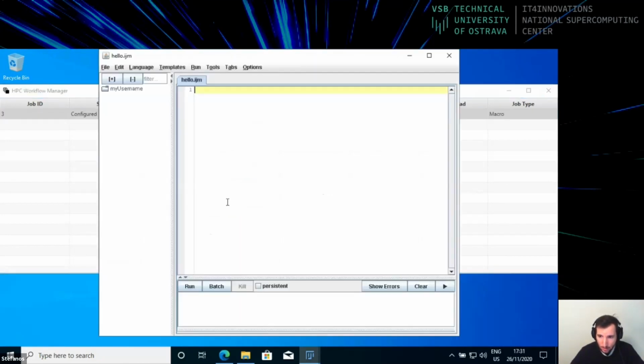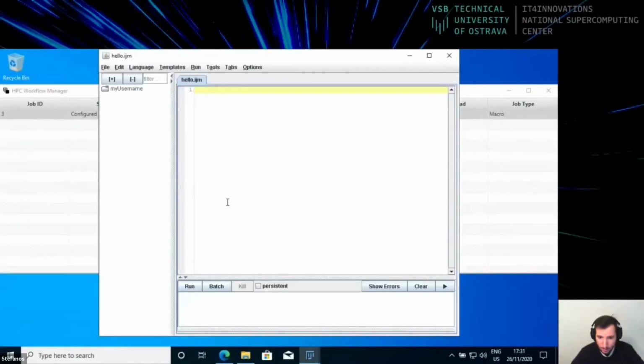In the Mac version, this option has been removed because there are some issues. So please, in the case of a Mac, open the blank macro in your editor, text editor of choice. It can be any text editor. And